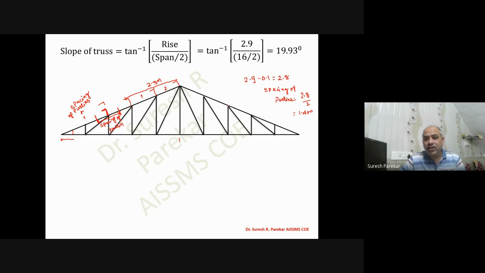We have one sheet on this and another sheet on this, so that we have to keep in mind. So on this we have one sheet, and on this we have another sheet. Your panel points should be in multiples of, so we have this on these three, then we have this on the next three, so two. Likewise you have to consider how many we have to go for: 3 plus 2, then plus 2. Likewise we can go for the panel points, then only it will work.